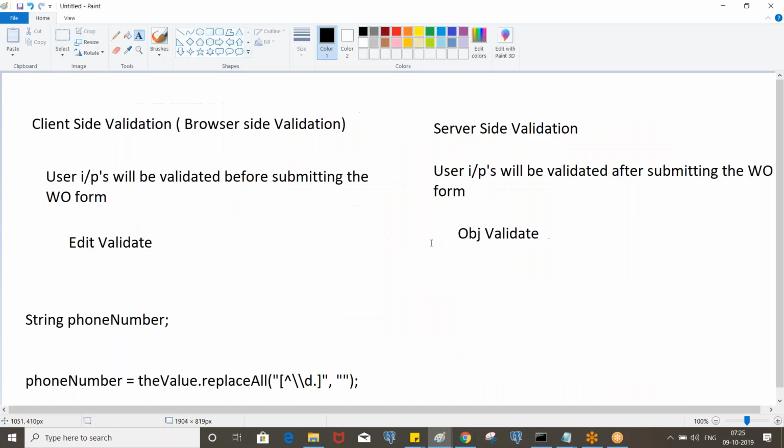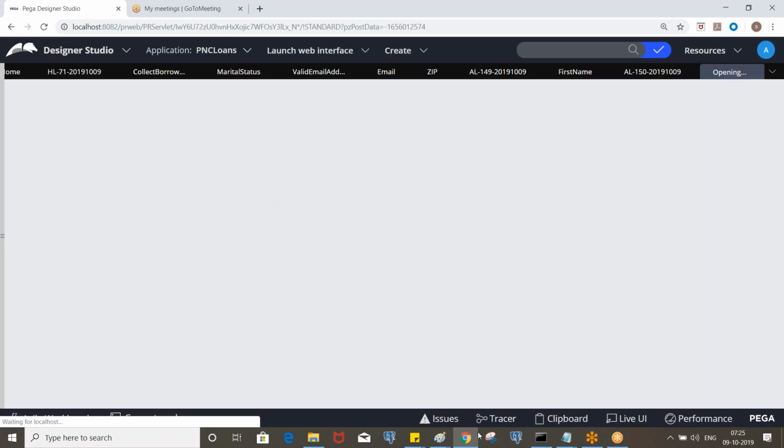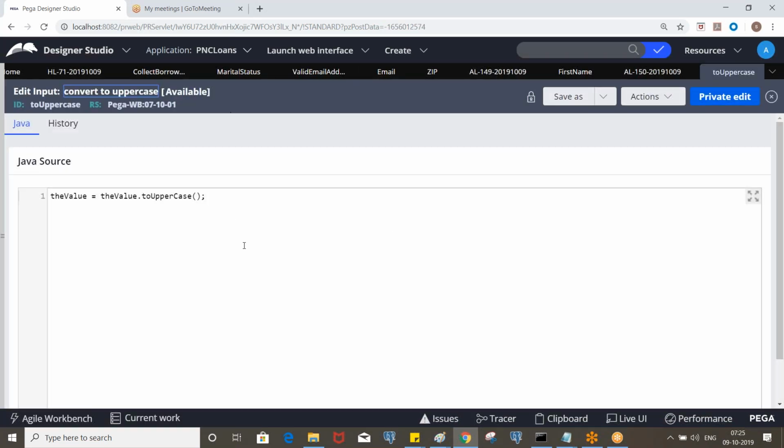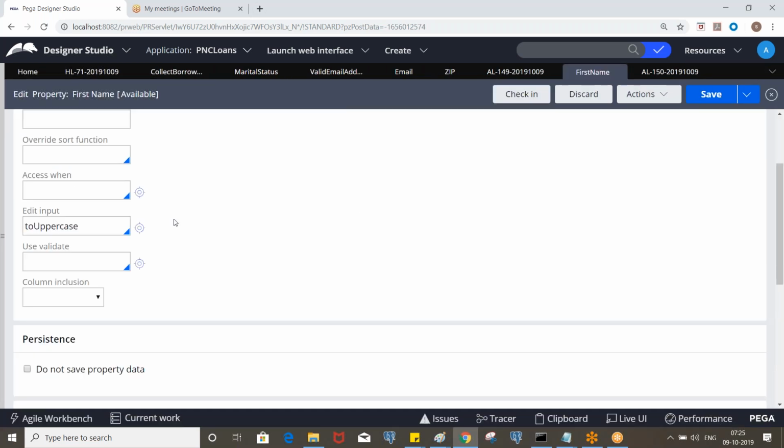For that, you can create an edit input rule. This is edit input, right? You can create a new rule, let's say Phone format, the US phone number format.